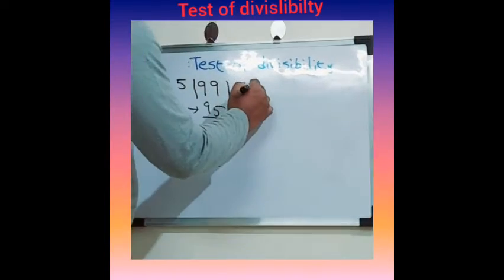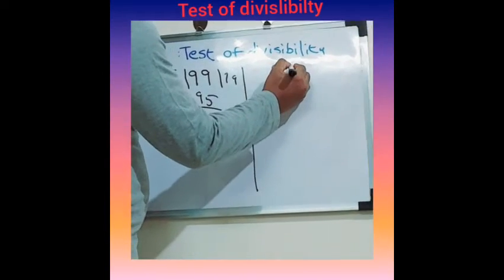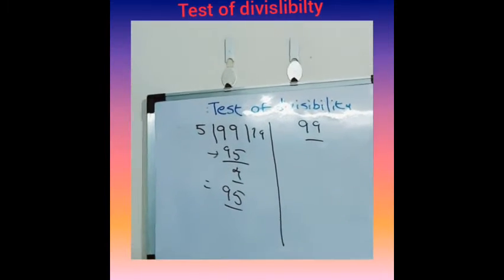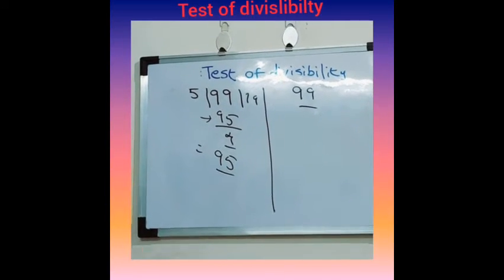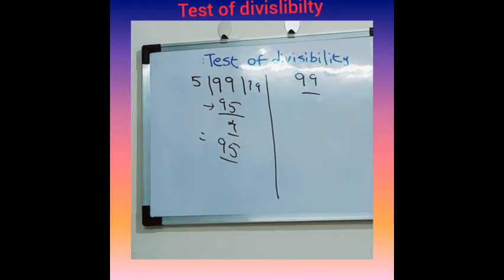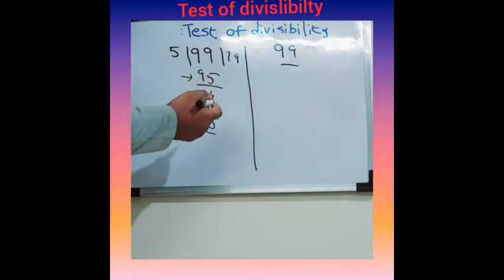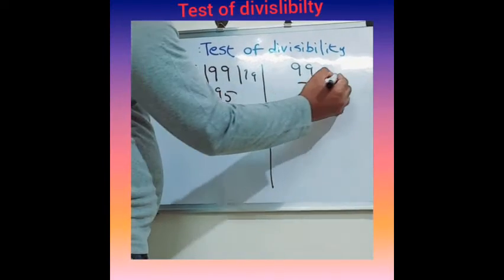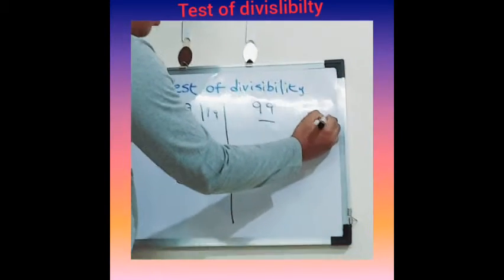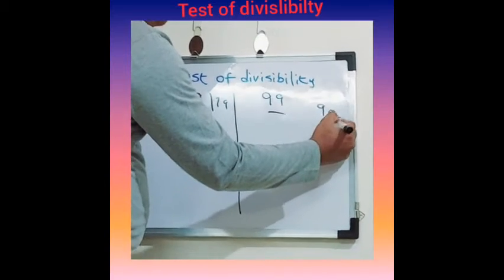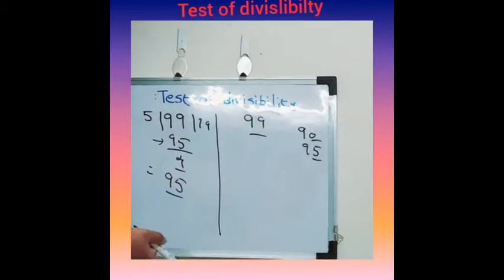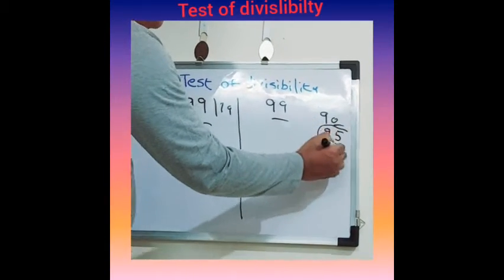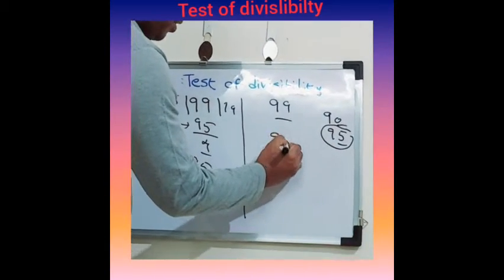You got this answer by dividing. But if you want the answer directly, we know 99 is the highest 2-digit number, but we want a number which is divisible by 5. Simple logic: as per the divisibility law, the number should contain either 0 or 5 in the unit position. But as per the question, we want the highest number. So 95 is the highest 2-digit number divisible by 5. So the answer is 95.